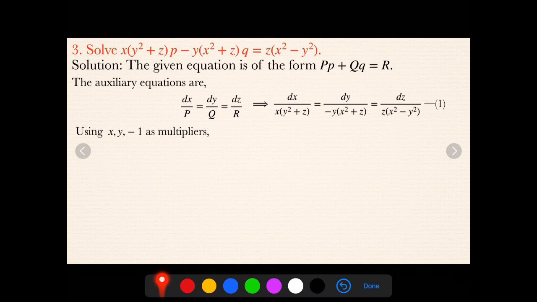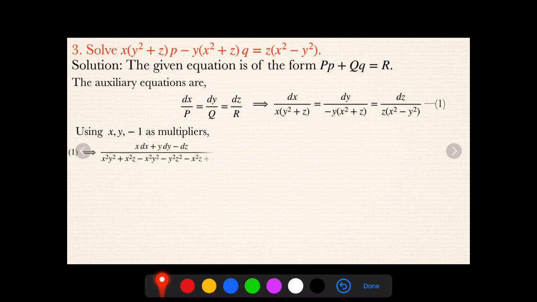If you consider the first two terms, the z square is not appearing. That means in the last term z is there; again if you choose z here, this becomes z square. So at that time these two terms won't get cancelled. Here we have x z and y z only. Also x square y square is there, so z square is not appearing, so I will choose the multiplier for z as a constant and for the first two terms as x and y.